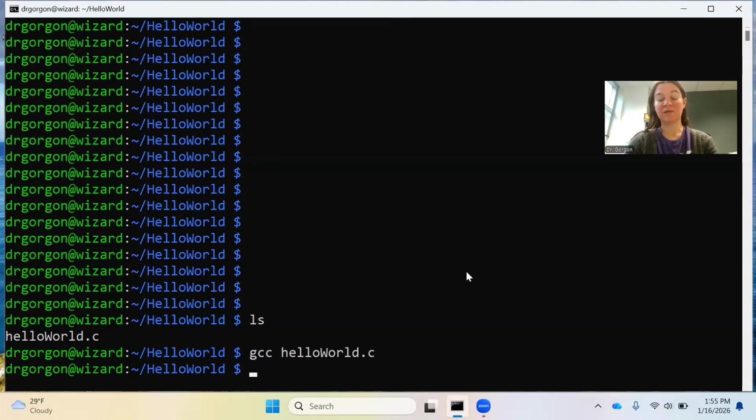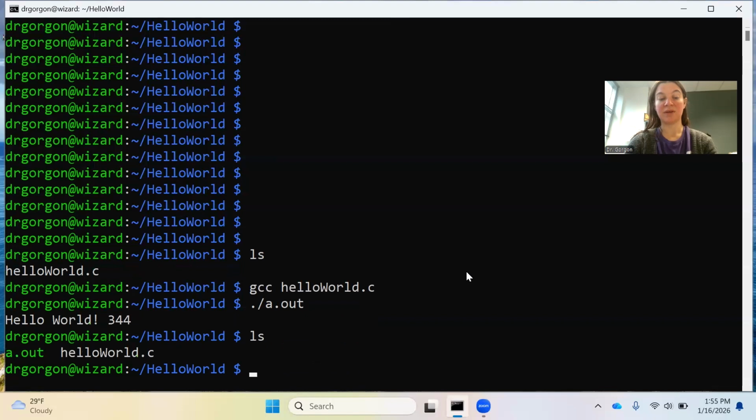If I want to rename that file, I can, but by default, that is going to produce a file named a.out. When we run that, it's going to end up producing our output from a program, which includes a random number that's generated from 1 up to 500. So we can just create a file called a.out, but we could also rename our output file